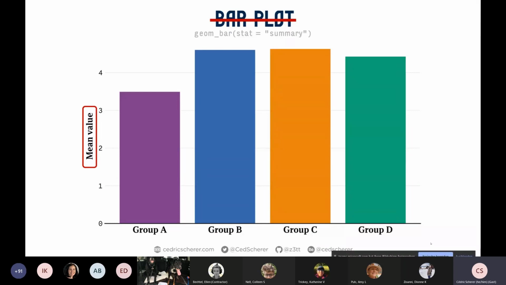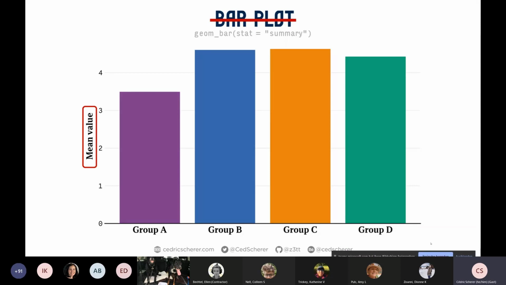So this is the mean value shown here. It doesn't matter what we show here in terms of the data set. It's a made up data set. It's also coming from Tracy Weisgerber, and it shows the data for 4 groups. And we will later see what the distribution of these data points looks like. But here we can just say, okay, the mean value for group A is somehow lower than for the other 3, and groups B and C have the highest mean value.